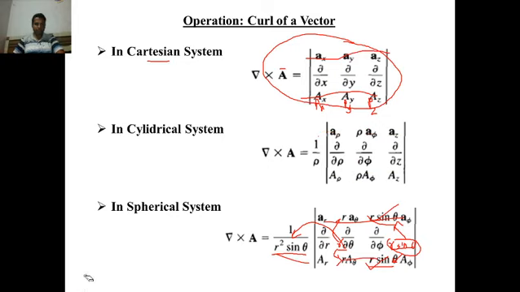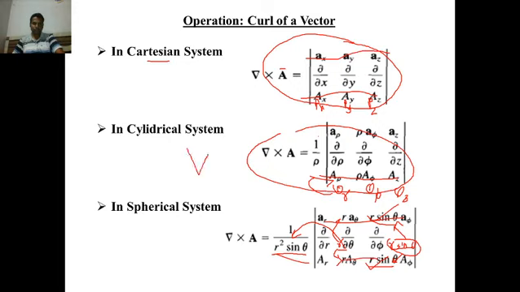In order to change this particular formula for our problem, in place of this Ar etc., you write down here Qr, Q phi and Qz. You replace this particular third row with this, and you can find out the curl of the given vector Q. You can find out the curl with the help of this formula.